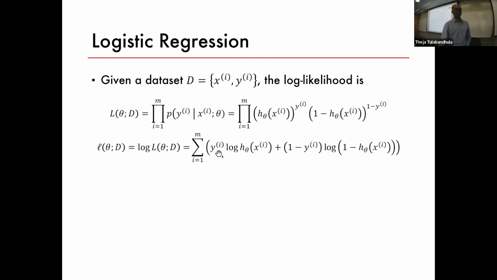Okay, so if you write the log likelihood, one benefit of writing it this way is that when you write the log likelihood, which is the log of the likelihood, the log of a product of terms is the sum of the logs of those terms. So log of a times b is equal to log of a plus log of b, right? That's what's going on here. So this product here became a summation of i equal to 1 to whatever the number of data points are, let's say 100.